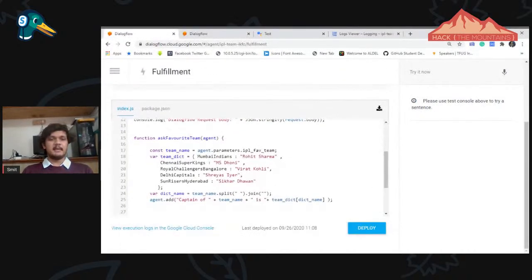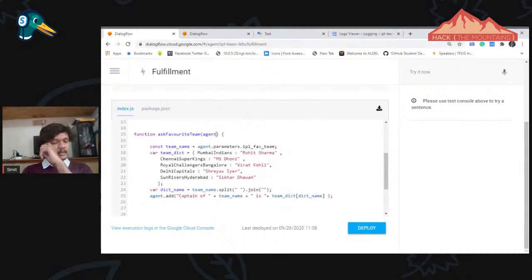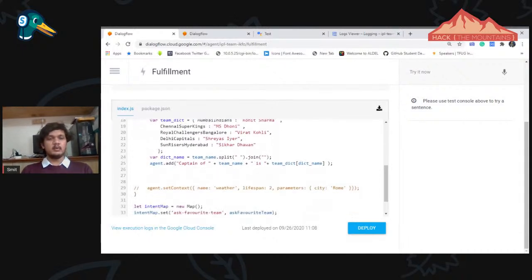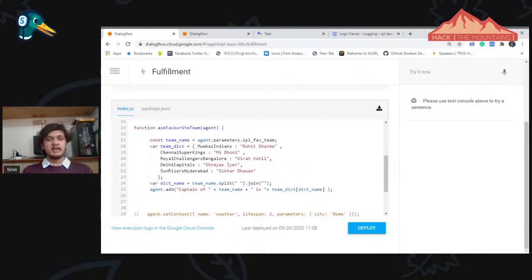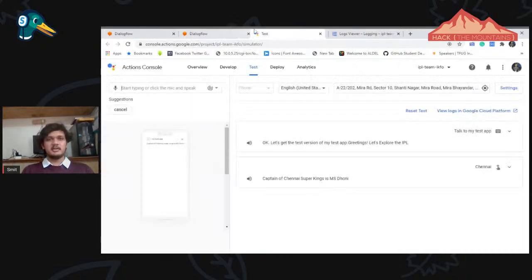So I create the parameter IPL fav team. Now in team dict, I create a dictionary with all the captains of IPL teams. This is a sample, you can add more details. And then I split the dict name. Okay, fine, that's fine. Now what will we do here? Suppose I create the text test.